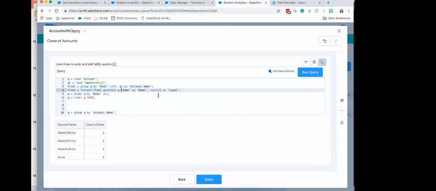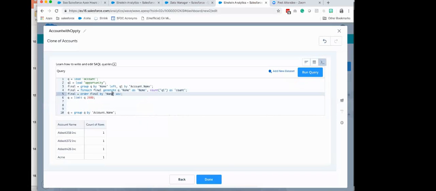And then the other thing that I have to do is I have to say count. And that one I want to be coming from the account name, so that's what's coming from my opportunity. So here I'm just going to put Q1 in. Here I'm going to put final. I'm going to order final by name. That's fine. And limit